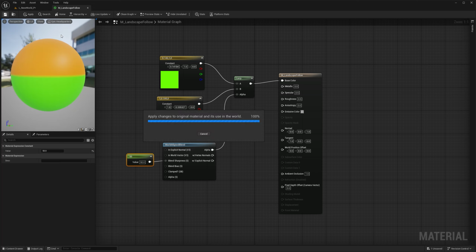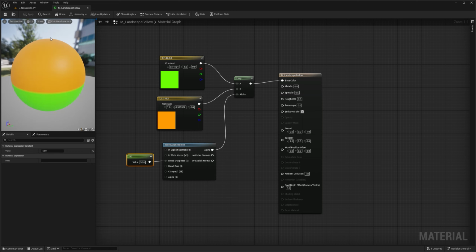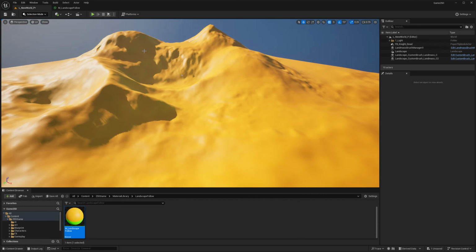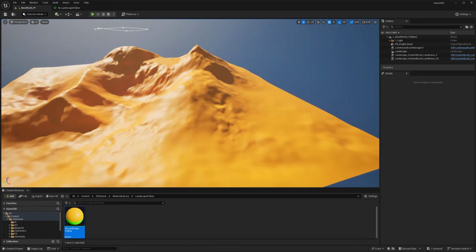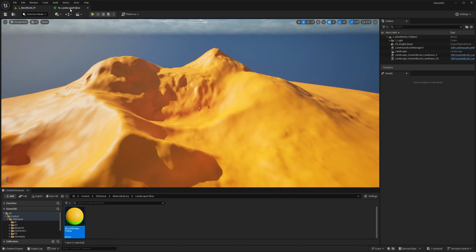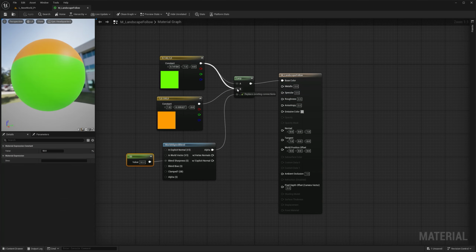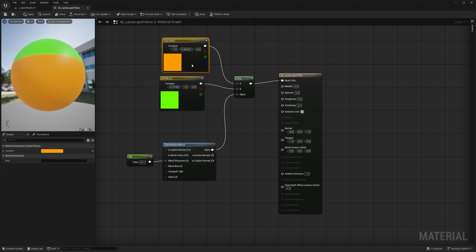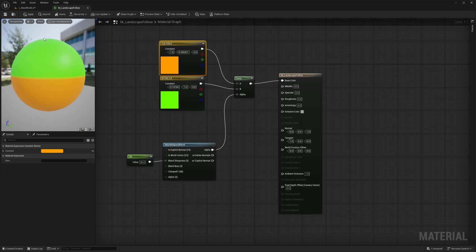And if I go to my landscape right now, you're going to be able to see the flat areas will have brown, and the steep areas will have green, which is the opposite of what we want, to be honest. You cannot even see that yet, but we're going to have to play with that for a second. So what I want to do is actually invert the order of the colors, because that is very important. You're essentially seeing a representation of the slope here. So a very flat surface would be on the top, and then you have an angle, and then it gets to almost a 90-degree angle, change the material.